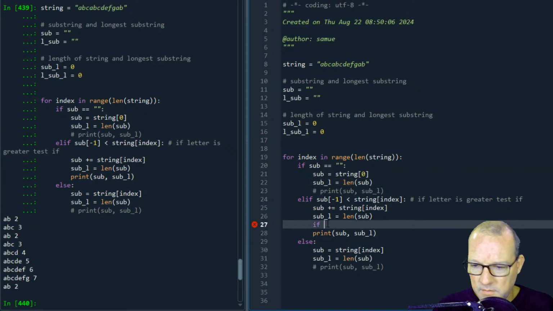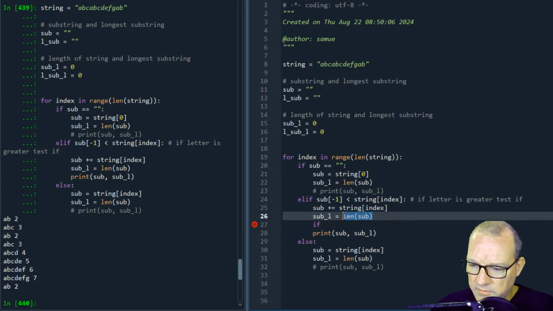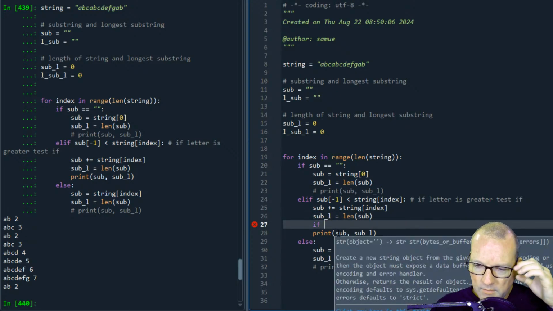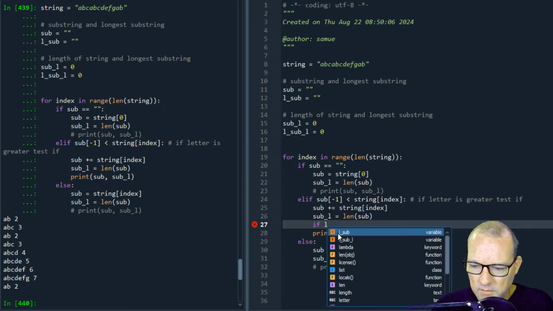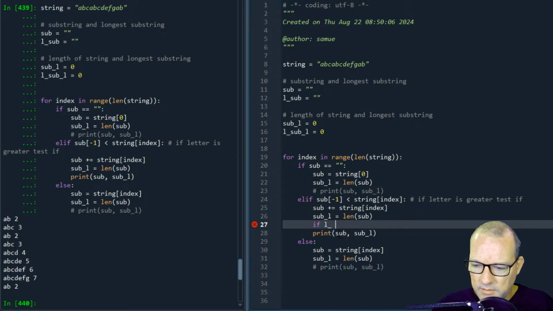So we've just changed this over to sublength and longest sublength. So if longest sublength